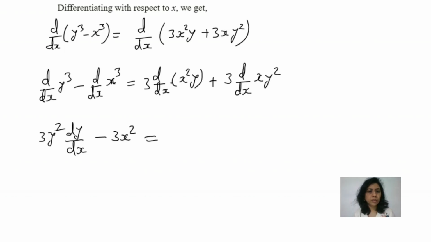Here we can use product rule, so 3x square right as it is, differentiate y, so this is dy upon dx, and now y right as it is, differentiate x square, so it will be 2x